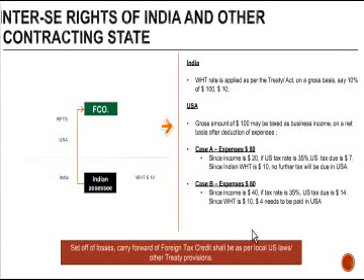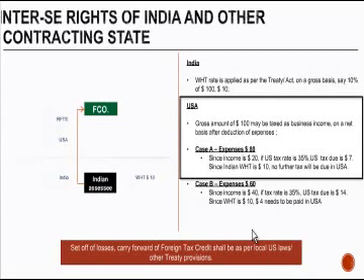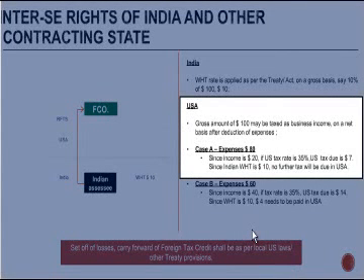Similar to this, even in US, if you just compare this, let's take a case where the expenses are $80. So your receipt was $100, your expenses are $80, your income will be how much? 100 minus 80 or 20. Since the income is $20, if the US tax rate is 35%, the tax due in US will be what? 35% of 20 or $7. Since the withholding tax in India is $10, assuming the credit is available, there will be no further tax which will be due in USA.